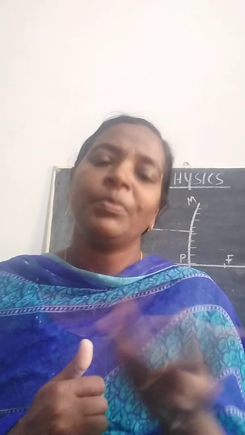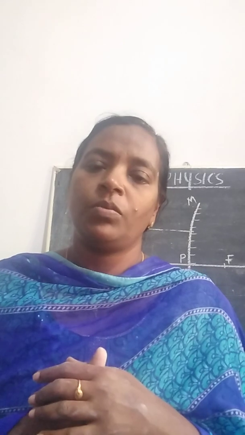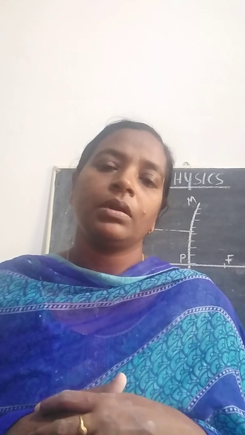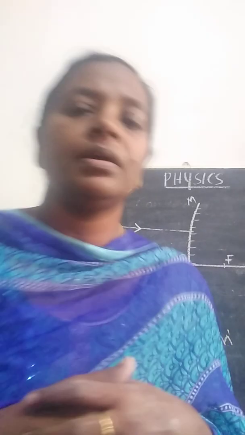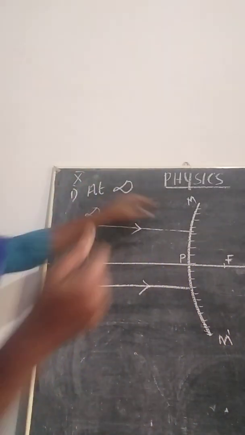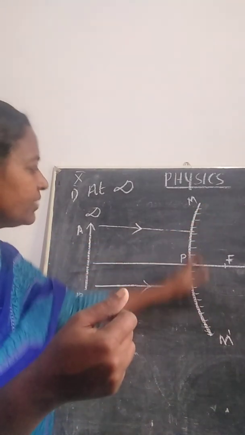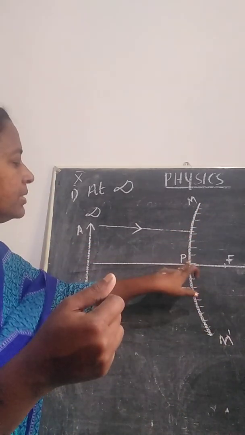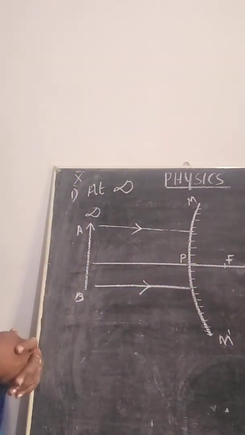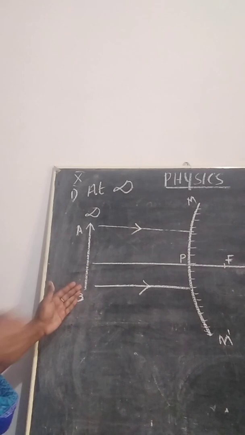And with the help of a ray diagram, we will find what type of image will be formed, where the image will be formed, and what the different characteristics of the image formed by a convex mirror are. For that, the ray diagram is ready in front of you. Here this is a convex mirror having an aperture MM dash. The bending surface is the non-reflecting side, and we have the center pole, principal focus F, and C is the center of curvature of this mirror. And here the object has been placed at a far off distance, AB.